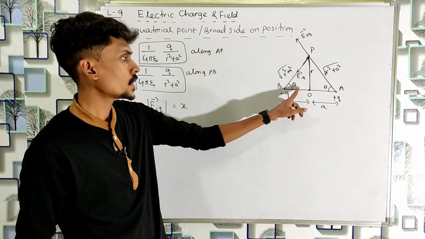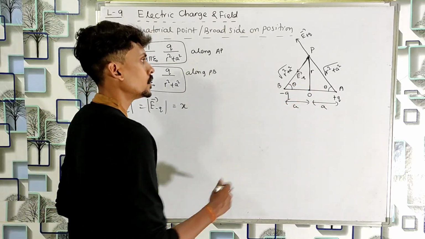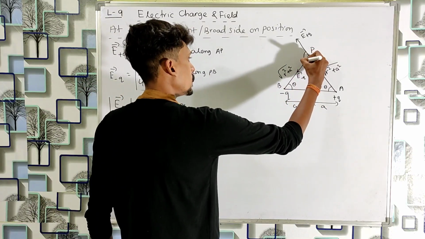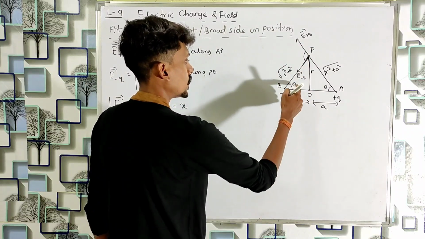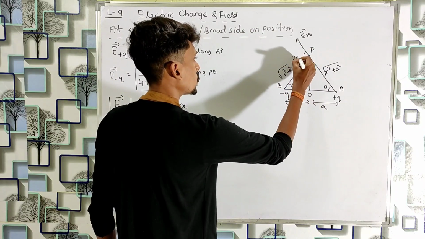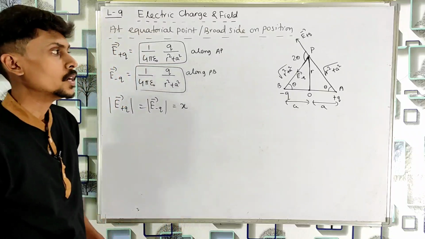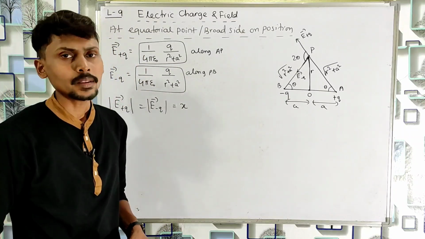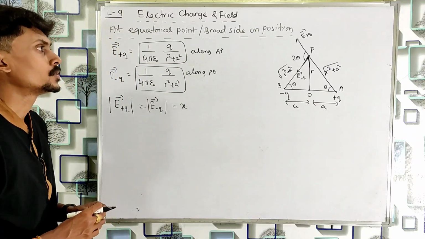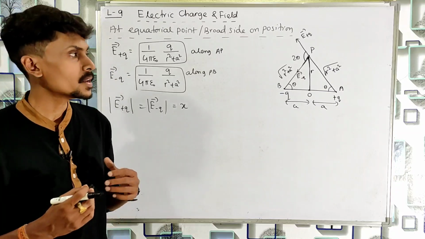If these two angles are theta and theta, then this angle will be theta plus theta, means 2 theta. So we got that the angle between the two electric fields, the angle between E plus Q and E minus